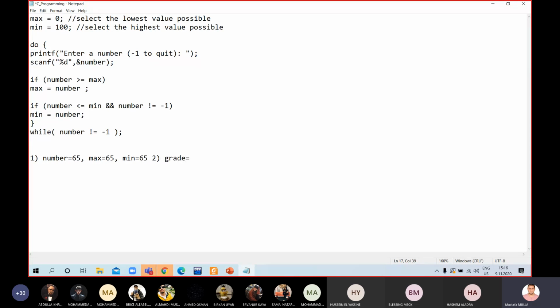Let's say the user entered 85. So this time, again, this will be true. This is number, because number is 85. What is the maximum value? It was updated as 65. So 85 is greater than 65. The condition is true. We are going to update the maximum value as 85. So whenever a value comes bigger than your maximum value, you will update it. If no value entered is bigger than your value, it will stay as max. That's it. And for minimum,